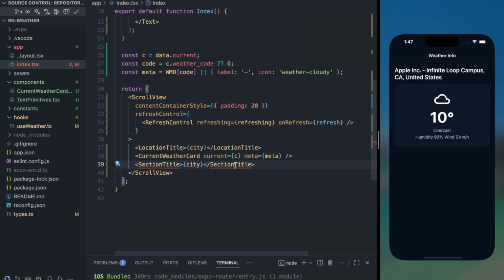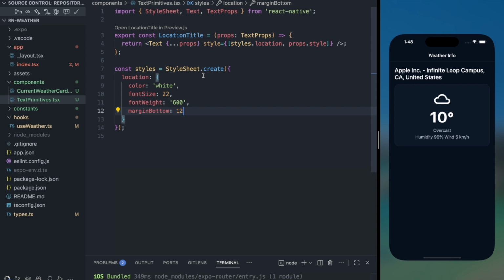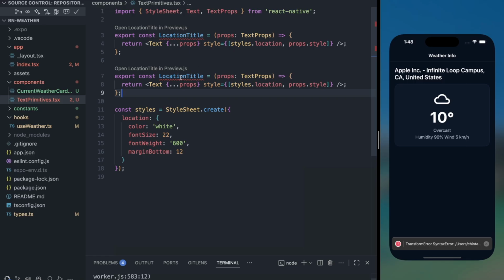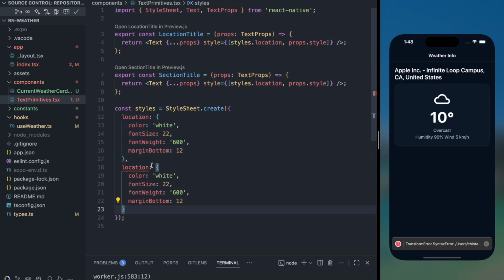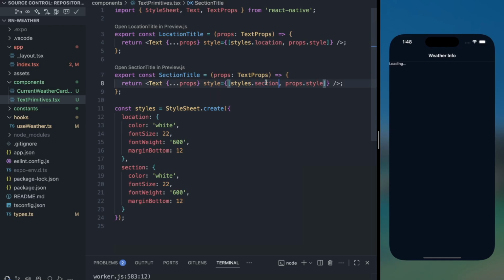paste it over here. Now I will create this section title in my text primitives file. So I will copy this, paste it over here, change it with section title. Everything else would be same. I will copy this style and paste it over here, and I will call it section, and same style I will provide in my section